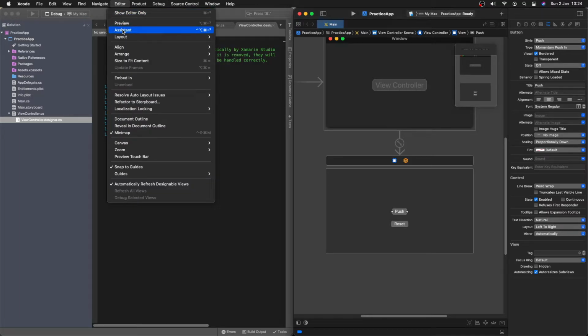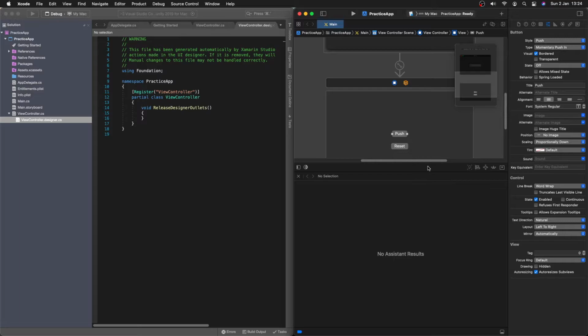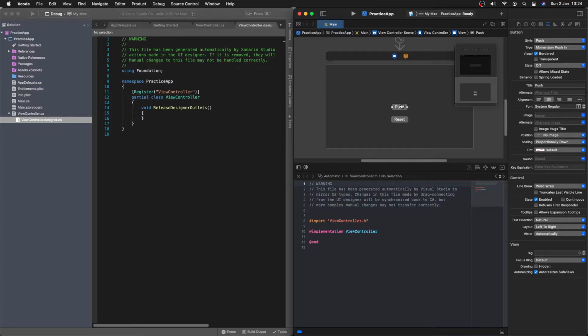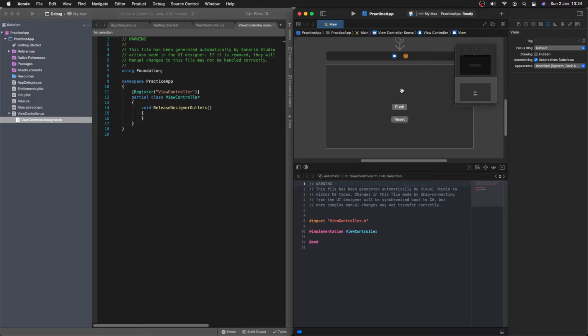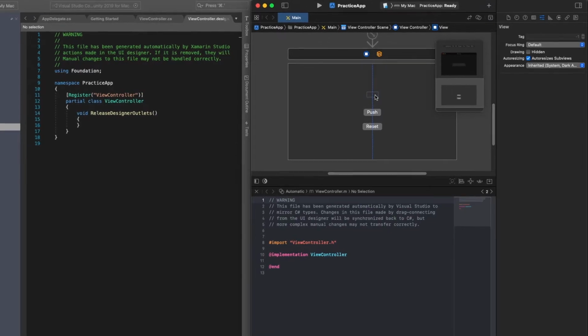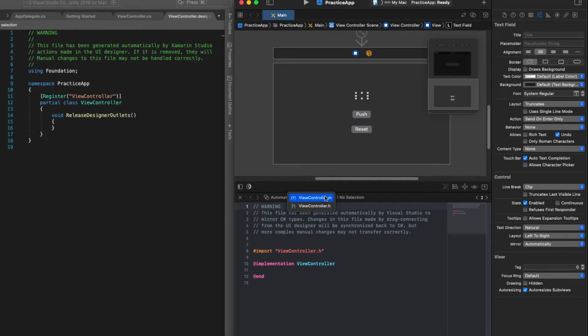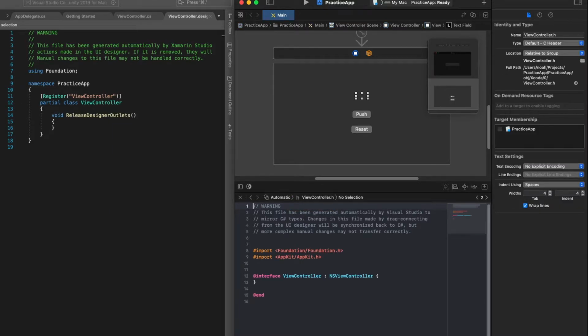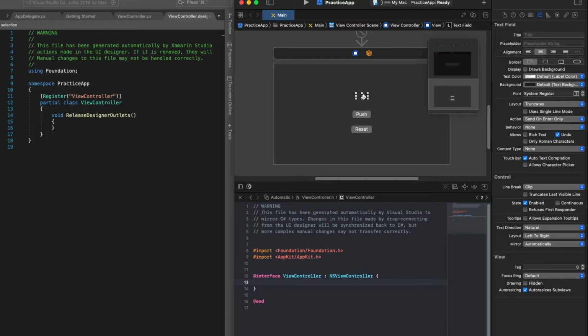Now we can go to Editor at the top, Assistant, and then here we have our Xcode assistant where we can start to link this to our code in C#. So first, we want to go here, ViewController.m, and change it to ViewController.h. And now what we can do is start adding this in. So let's just make a line there. We can use control and drag in our label. Then we can call it info label